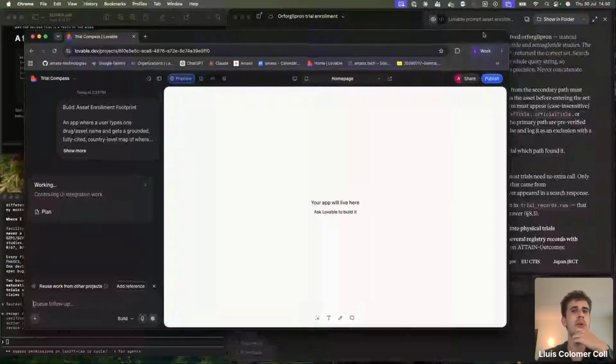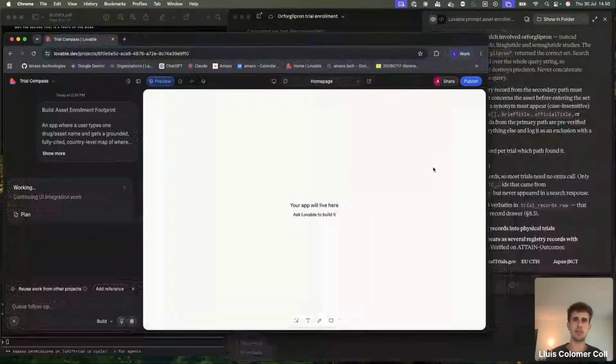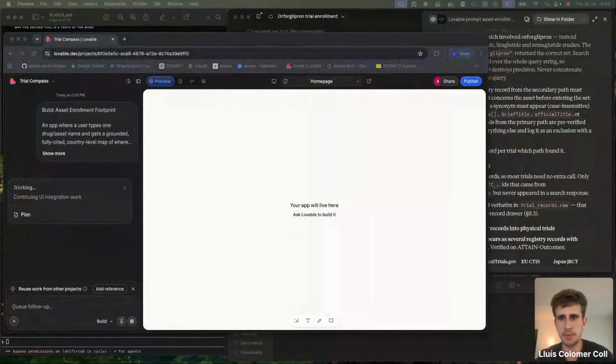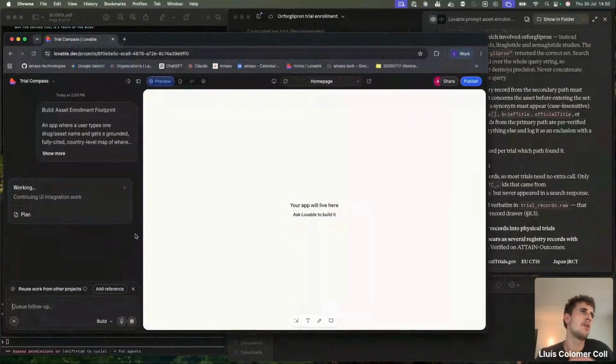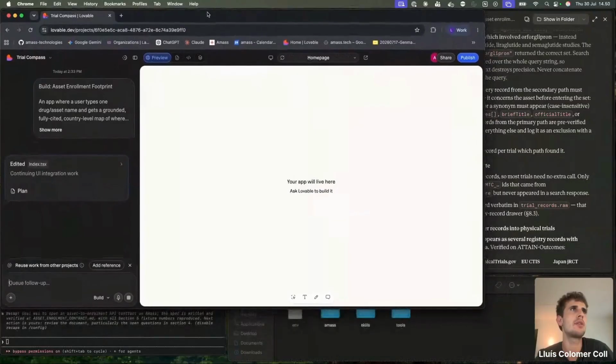Nowadays, LLMs are way more powerful, which means that you make way fewer errors in the process, but it also means more waiting time sometimes, because at the end of the day, we're building an app in 45 minutes, which used to take days. And then, of course, the LLM has to go through a whole complete thinking process.